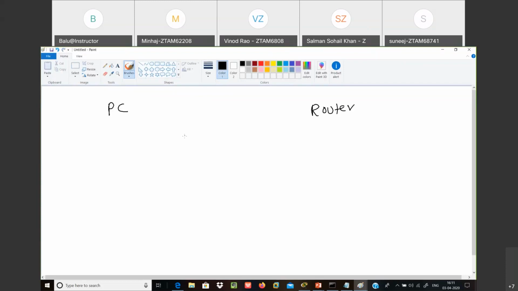Now let me take a look at the router's internal components. Before that, let me explain the use of a PC motherboard. Why is the motherboard required? Your processor is connected to the motherboard, RAM is connected to the motherboard, hard disk, ROM, SMPS, mouse, keyboard, printer, and IC card are all connected to the motherboard. All hardware components are integrated onto one centralized board called the motherboard, right? Similarly, router